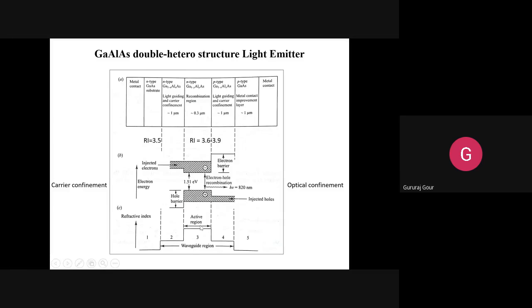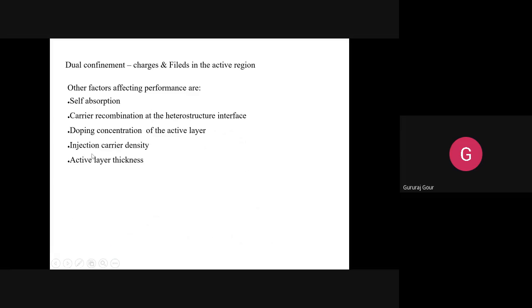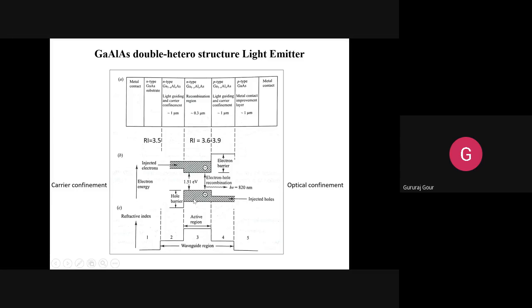Now I'm telling you how to go with the explanation here. The flow should be: we'll start with the simple one, that is the refractive index profile. We normally know that the refractive index of the core, we always want it to be higher than the surrounding material, or the cladding outer layer. This is what is actually required.